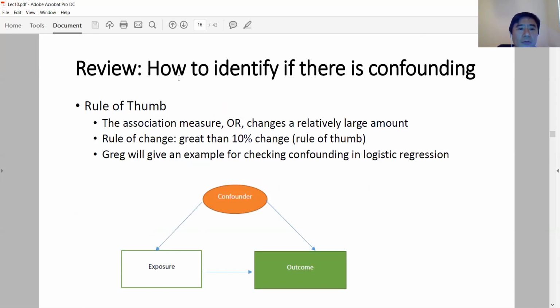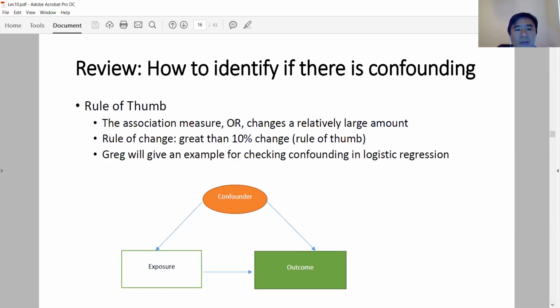In linear regression, if you test whether a certain potential confounding variable is a real confounder, you can compare the parameter beta and see if beta changes by more than 10%. You can use the 10% rule to conclude if this is a confounding variable. So this is a similar way in